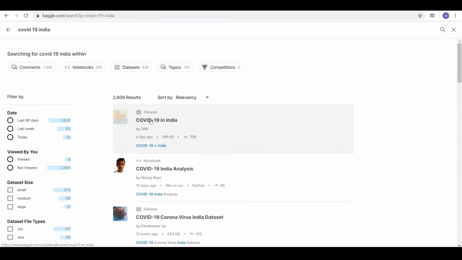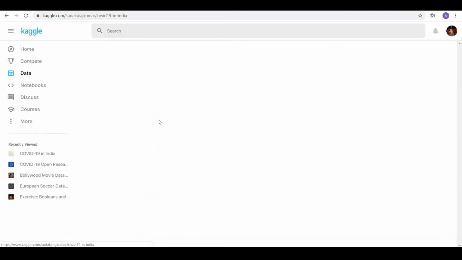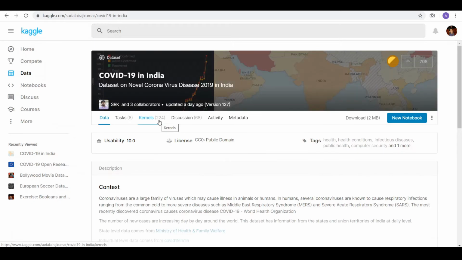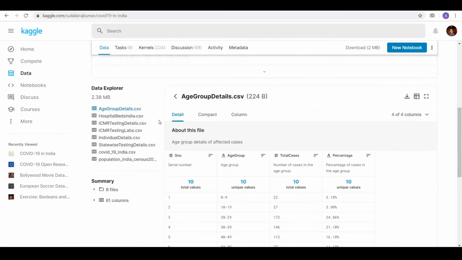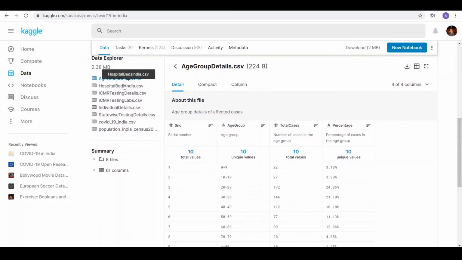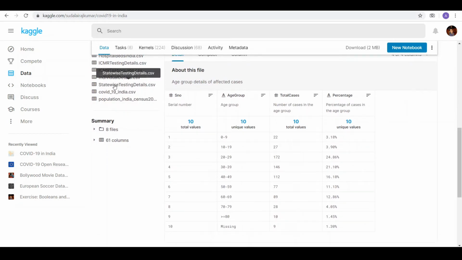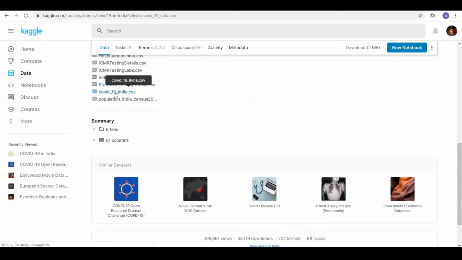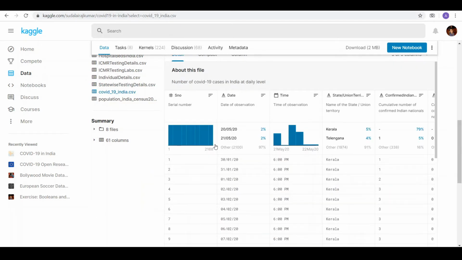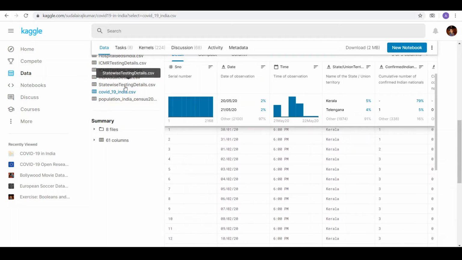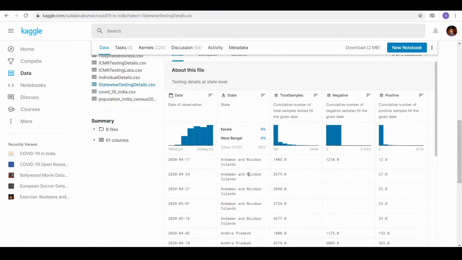And I would recommend this first one, which is by SRK, COVID-19 in India. Let's just assess what the data is about. So I see age group details, hospital beds, ICMR, individual state testing data. And for the purpose of this tutorial, I need location-based data, which I feel this dataset has.